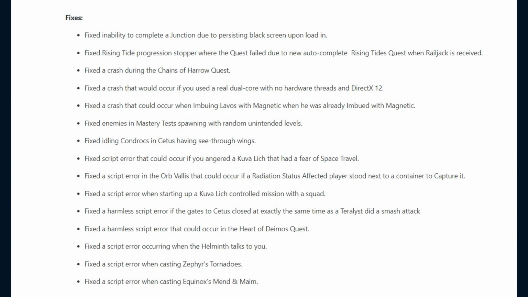A crash that could occur if you used a real dual core with no hardware threads and DirectX 12, that could occur when imbuing Lavos with magnetic when he was already imbued with magnetic, enemies in mastery tests spawning with random unintended levels, idling Kondrox in Cetus having see-through wings, script errors that could occur if you angered a Kuvalich that had fear of space travel, a script error in the Orb Valis that could occur if a radiation status affected player stood next to a container to capture it, a script error when starting up a Kuvalich controlled mission with a squad,